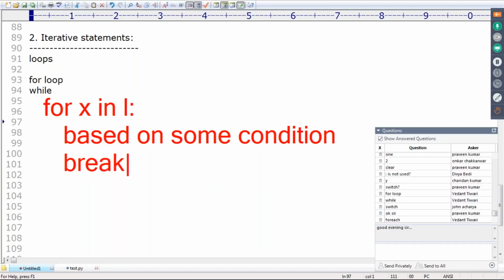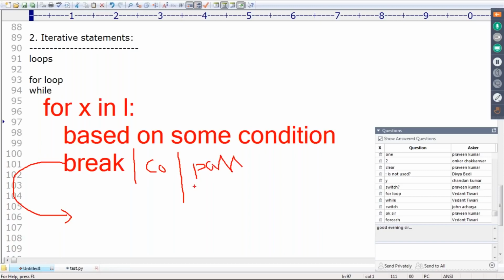Then automatically I can use break, and immediately I will come out of the loop. Or otherwise, we can use the continue statement, as in other languages, or we can use the pass statement also.